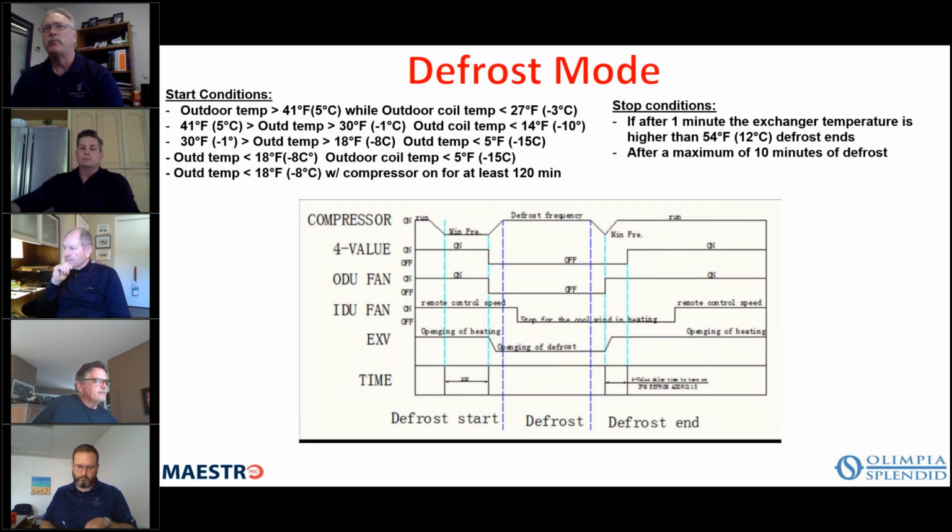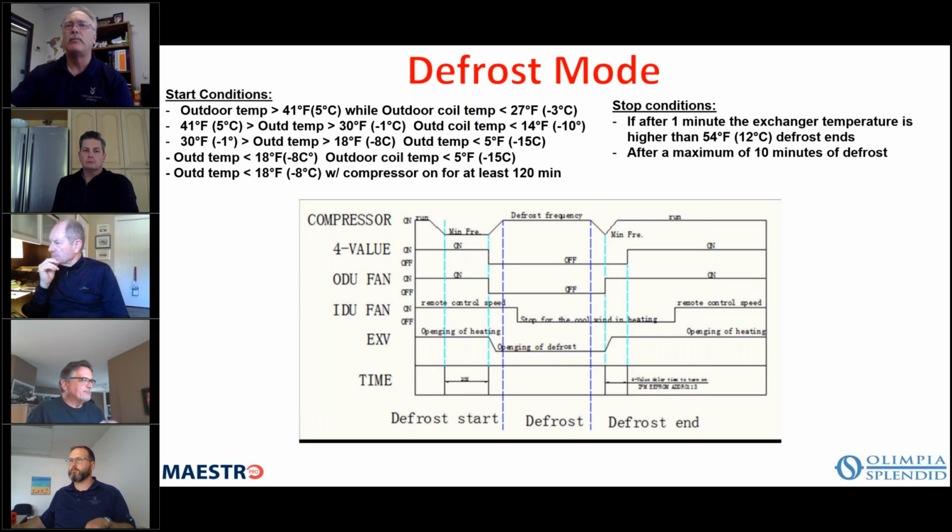Now, defrost mode is activated based on a number of criteria. If the outdoor temperature is above 41 degrees, while the outdoor coil temperature is below 27 degrees Fahrenheit or 3 degrees Celsius, we can start defrost mode. If the outdoor temperature is 40,